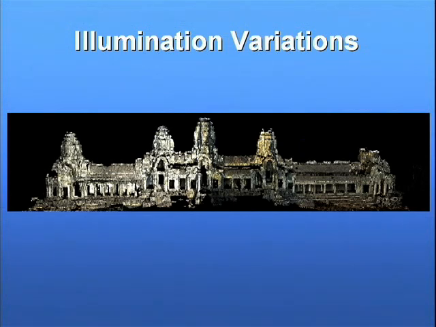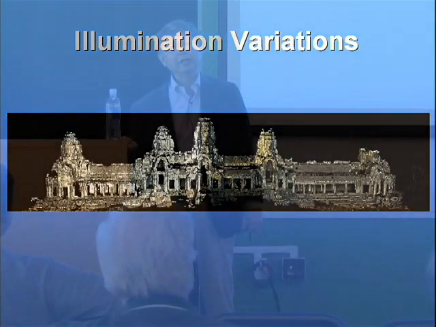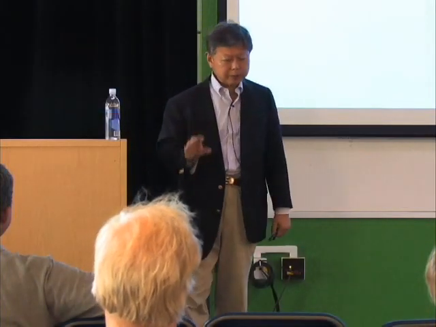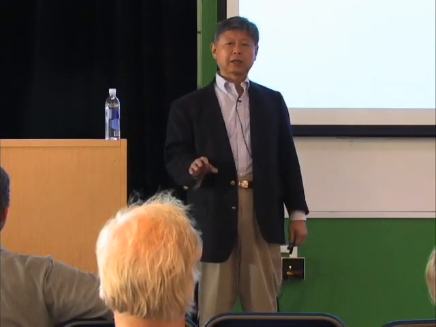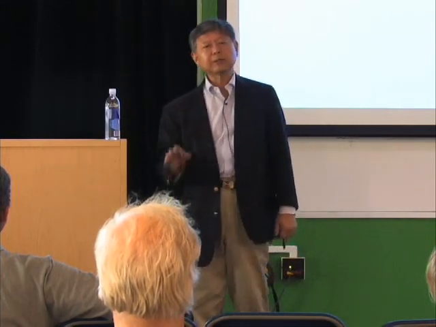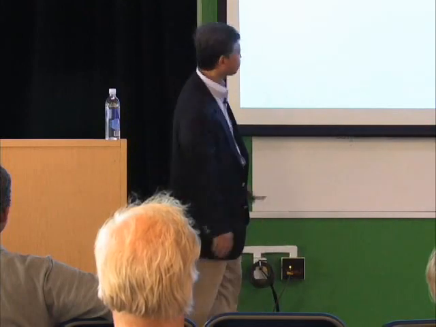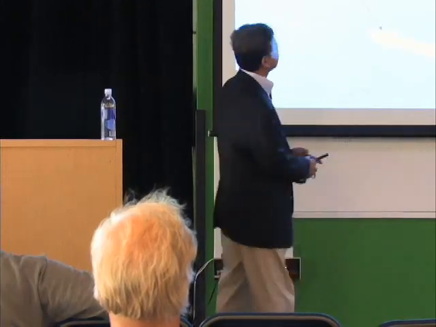Now, of course, in the graphics society, there are many ways to remove this kind of gap. But that doesn't provide you the real color of the surface. And why is real color necessary? Because we are talking about cultural heritage. In terms of preserving cultural heritage, we should obtain real color, meaning we have to remove the effect of the sun. So the issue is,